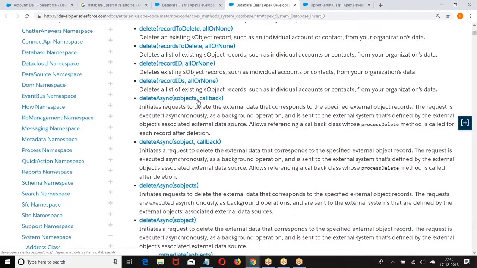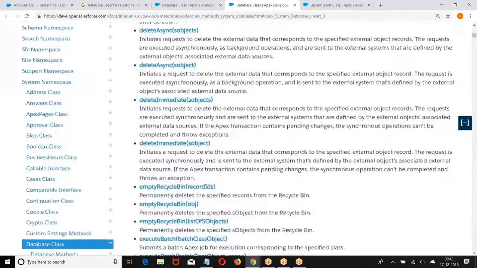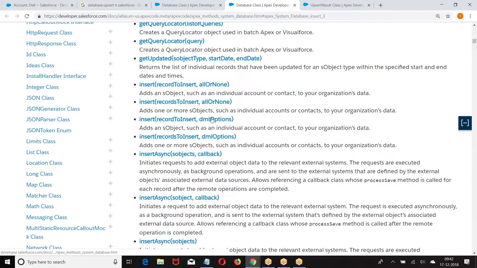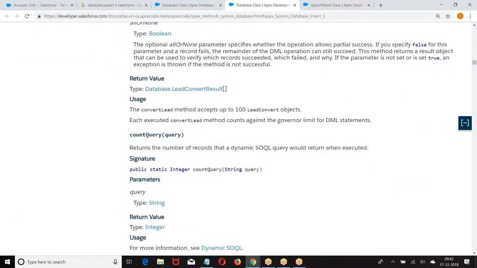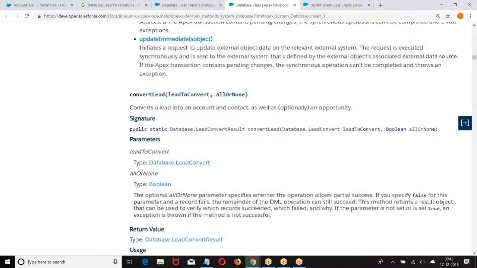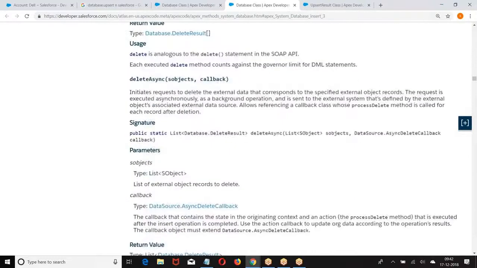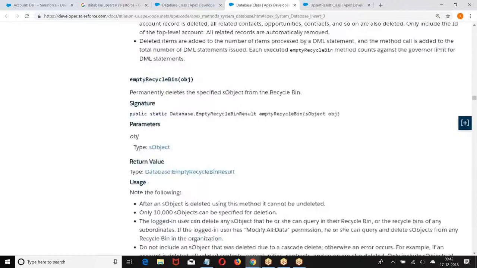Your option finding here, all or none is true or false. But here you are finding an extra function here. What was it? DML option. Go back to this. Insert DML options you will find. Try to get this point. What is this DML option and how do you convert the link?